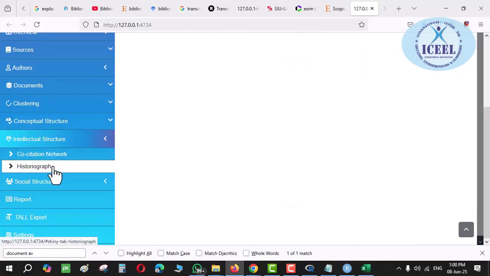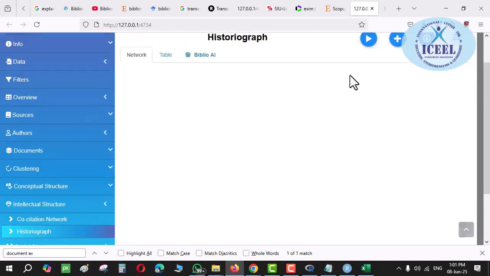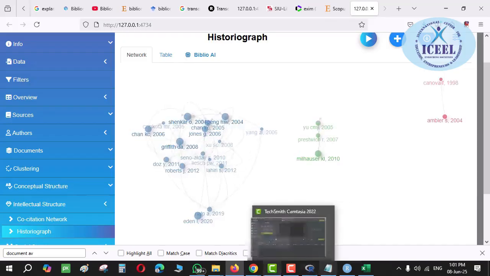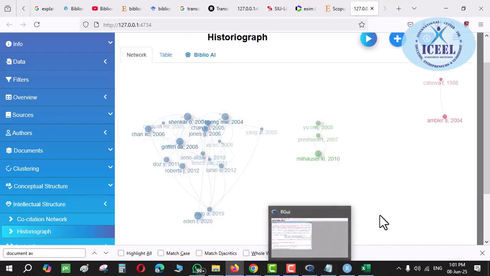Core citations network, histograph. ऊपर एक factorial analysis भी गया अभी. Factorial analysis is being used for what particular purpose? To identify the relationship between the keywords and the broader research area. For that particular purpose, the factorial analysis will be used. Histograph क्यों create नहीं हुआ? Okay, let me click on here. See, here is the histograph.